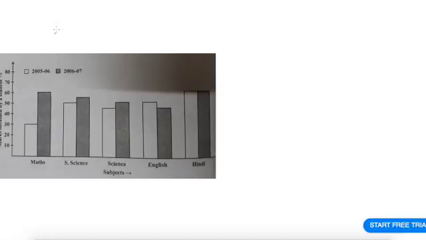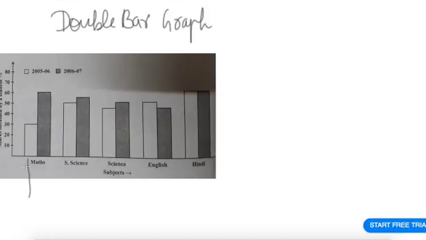Now what we are seeing here is called a double bar graph. This is the first bar and this is the second bar. So these are the first bar and the second bar, and hence it is called a double bar graph. Now if you carefully observe, this white one shown here is nothing but the 2005 and 6 year, whereas the black one shows the year 2006 and 7, which means at the same time, if I refer to the subject of maths, in 2005 and 6 we had